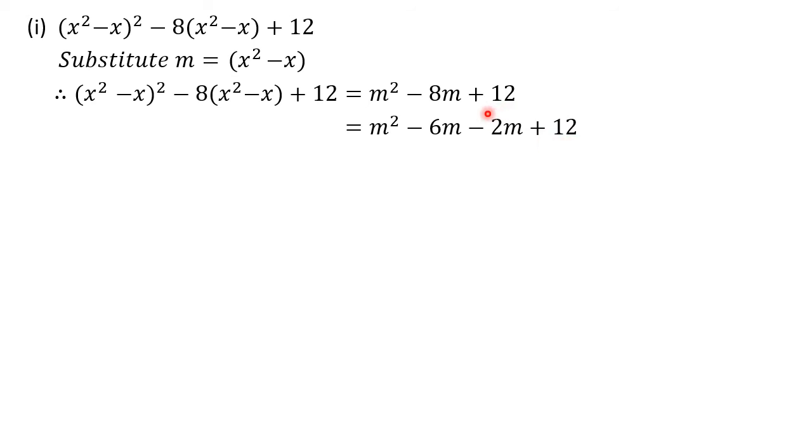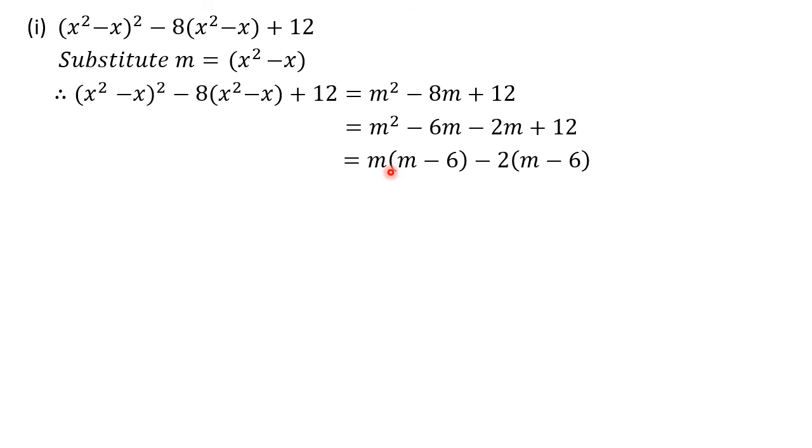What you have to keep in mind, if this is positive, then you are going to think of addition. If this is negative, you are going to think of subtraction. Okay, now let us group it. Here, this is one group and this is another group. So here we can see that m is common and here we can observe that minus 2 is common. Here we will take out minus 2 as common. So then we will get it like this.